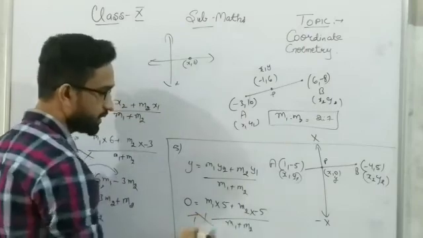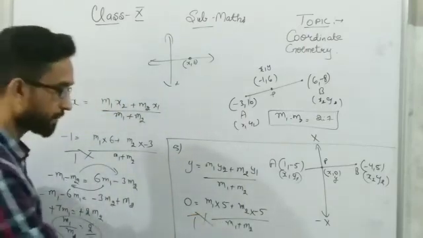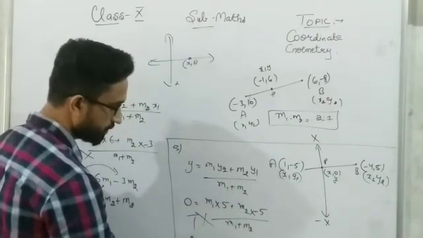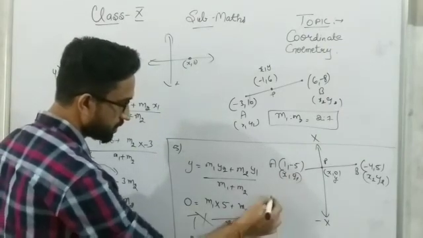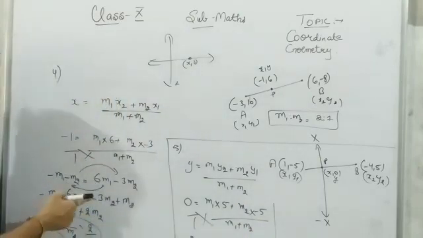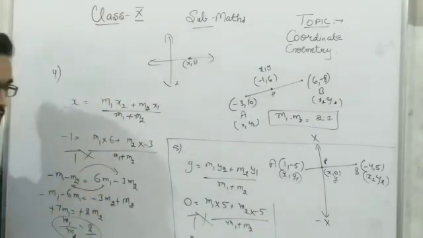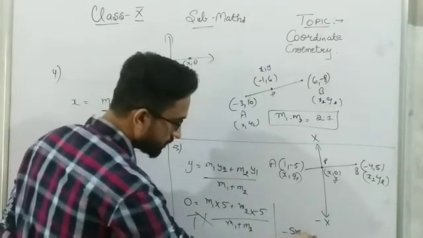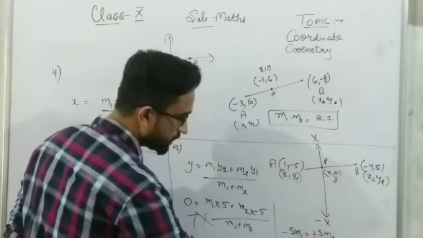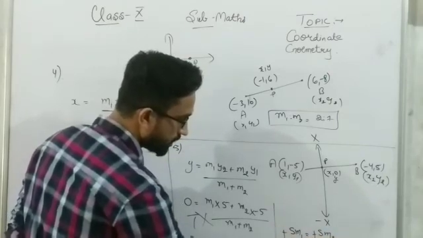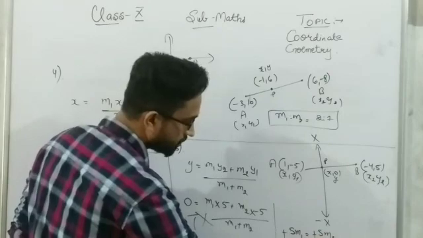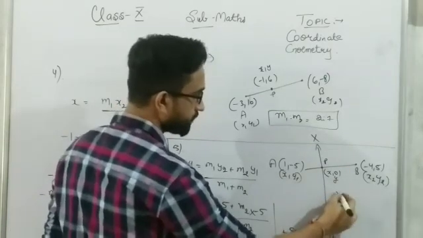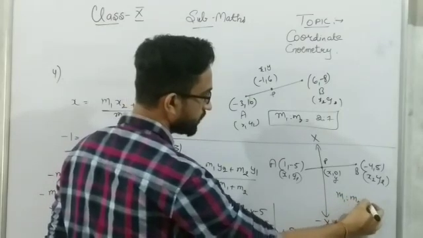If you cross multiply, this will become 0, right? 0 into something becomes 0, is equal to 5m1 - 5m2. So remember, I told you we have to take all the m1 on the left hand side, all m2 on the right hand side. So this 5m1 will come this side, it will be -5m1 is equal to -5m2. Minus minus cancelled, and m1 upon m2 will be 5 upon 5, that is 1 upon 1. So we can say here our ratio is 1 : 1.